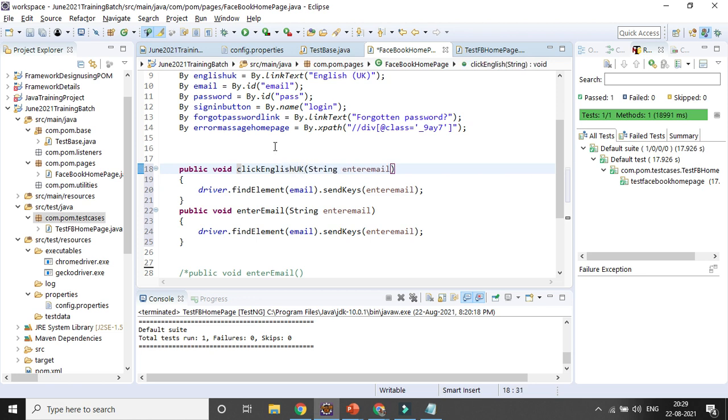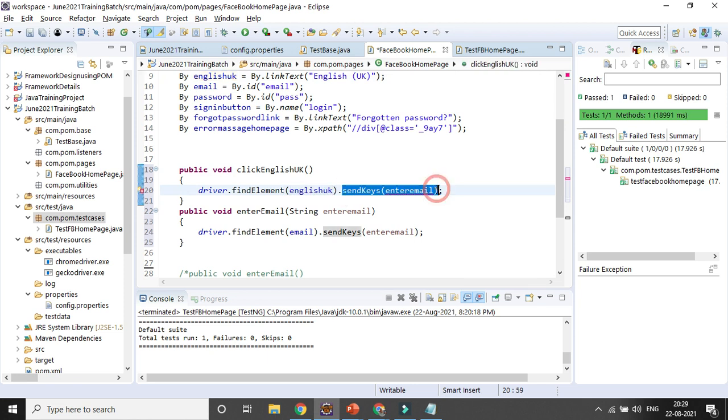So no need to give any kind of parameter, because I simply need to click here. So it will be driver dot find element, and that will be the variable name, and I need to perform simply the click operation. Okay, so then I need to give click here.